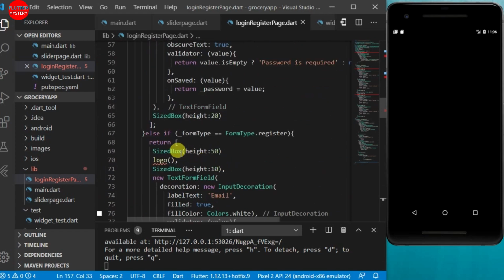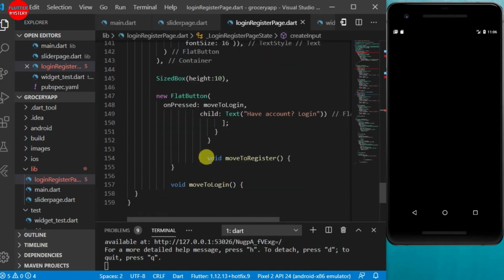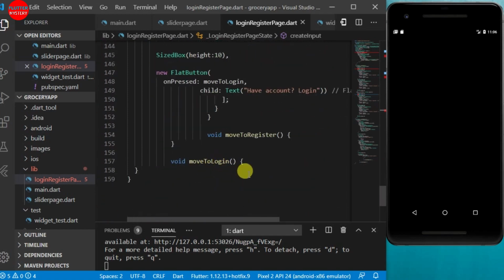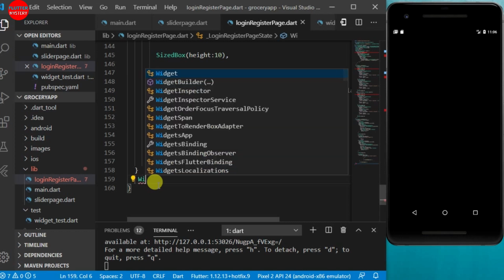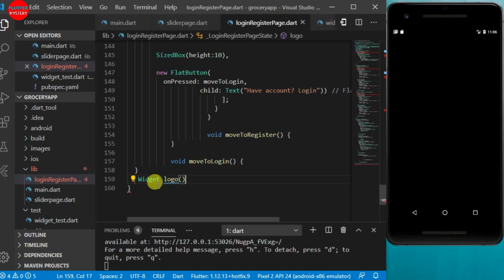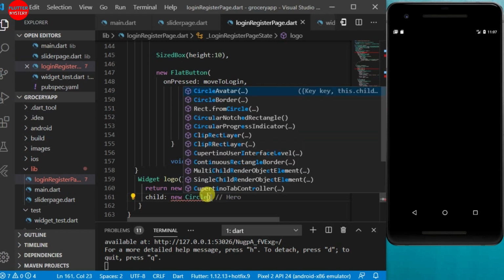Now what we'll be working on is our logo. Yes, the logo, we need to work on it because we have our inputs and then we have our buttons now. So we'll be working on our logo. So widget logo, return a new hero, the tag is always a hero. Let me bring it down. With a child, a new circle avatar,